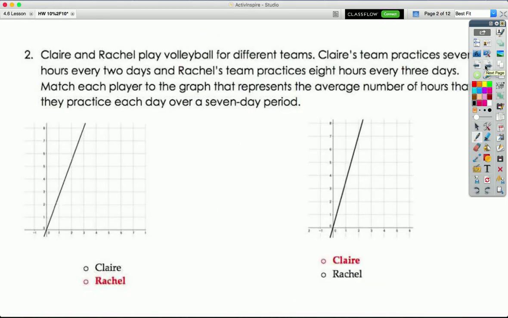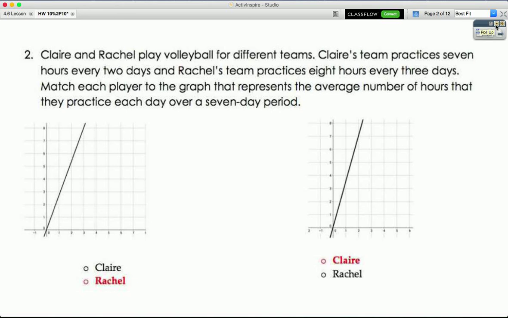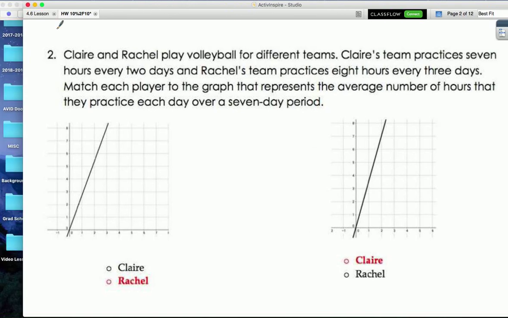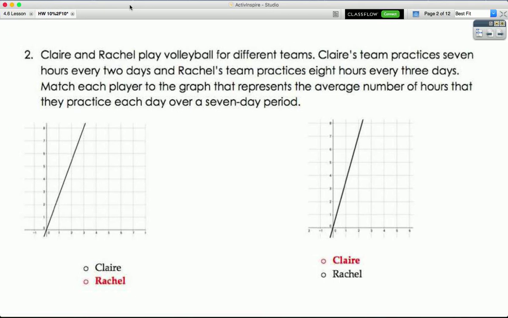Question number 2, Claire and Rachel play volleyball for different teams. Claire's team practices 7 hours every 2 days, and Rachel's team practices 8 hours every 3 days. Match each player to the graph that represents the average number of hours that they practice each day over a 7-day period. Okay, so we've got Claire, who practices 7 hours every 2 days, and Rachel, who is 8 hours